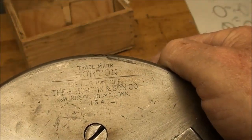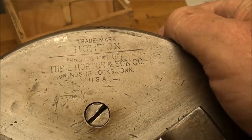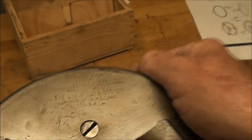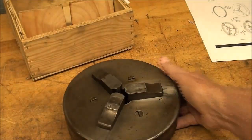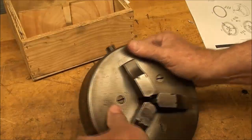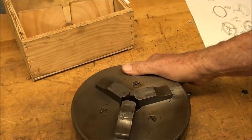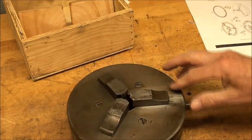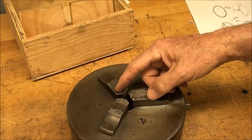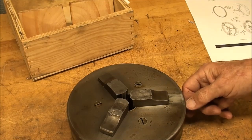If that comes into view here. The E. Horton and Son Company, Windsor Locks, Connecticut. Horton is the trademark. Now, the only thing I see wrong with this, well, there's more than one thing that's wrong. This sure would be a knuckle buster on your lathe as this spun around if you weren't careful. But back then, you know, there was no OSHA, and it was every man for himself. No guards, no nothing. But the other thing I notice on this is that the jaws do not move back very far. So in other words, the entire range here is relatively small. I'll back it out in a second and show you that it does not